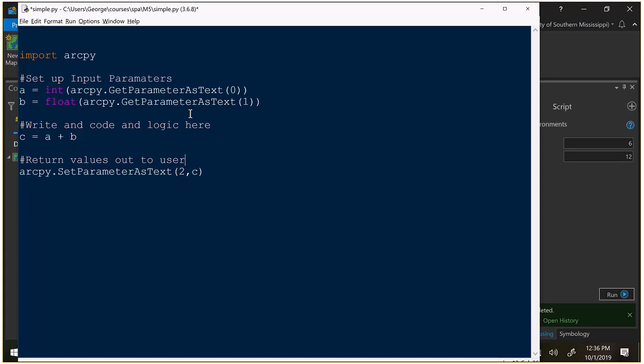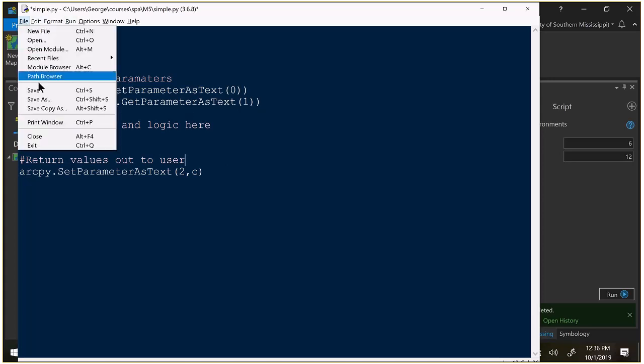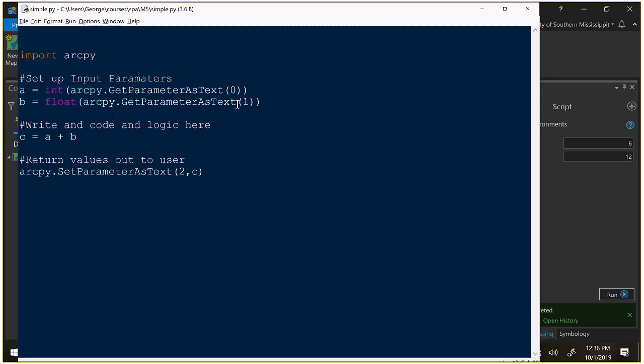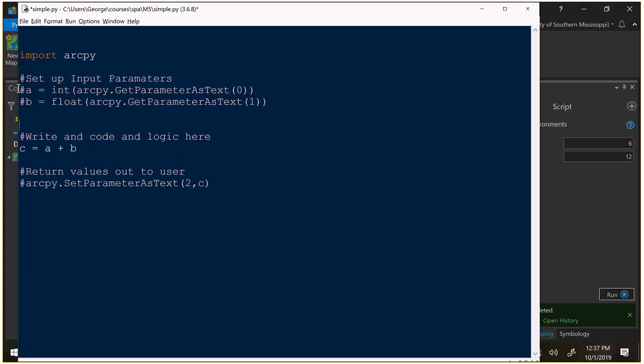So this is the way I'd set it up. The reason I would do it that way is so that if I'm just writing it to test and to run, I can actually comment out these lines, and then comment out that, and just say